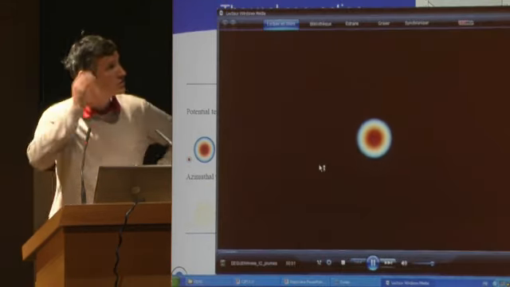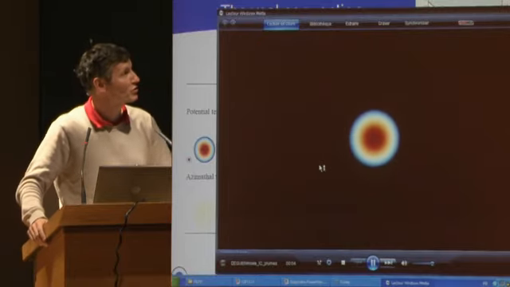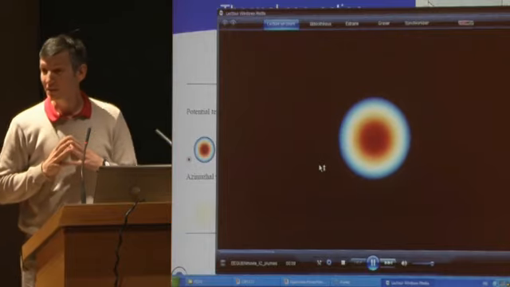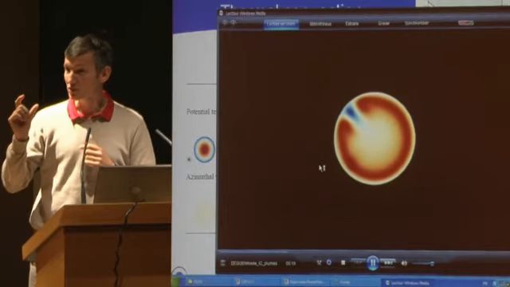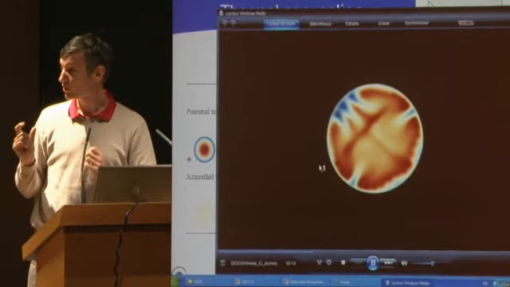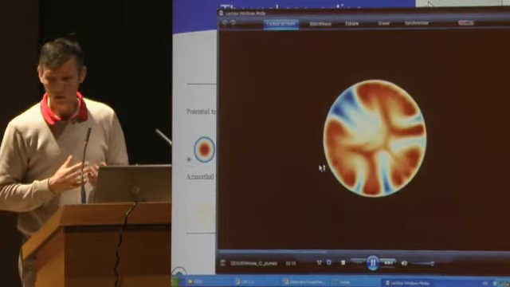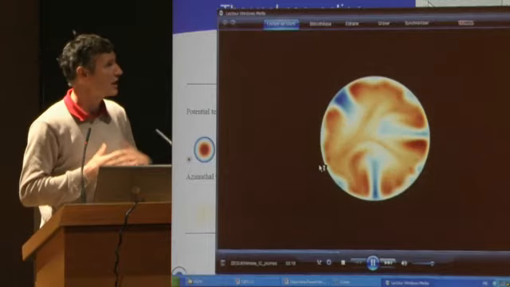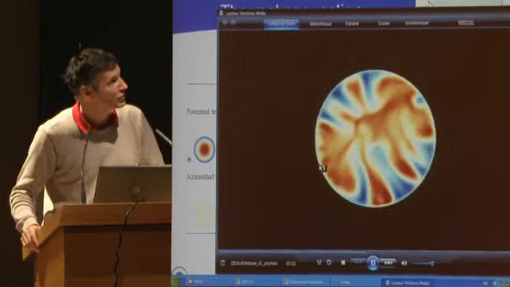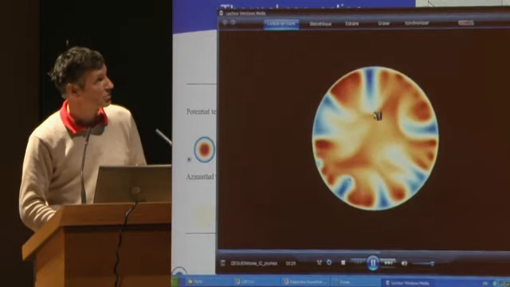Okay, so you see the time evolution of the core. At the beginning, the Rayleigh number is linked to the radius. So at the beginning of the inner core history, you cannot have thermal convection because the Rayleigh number is too small. And at a given age, the inner core begins to convect.